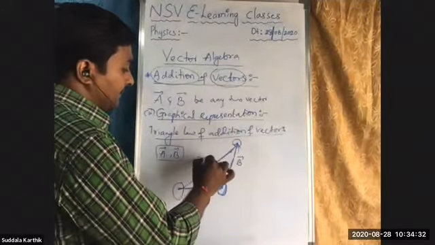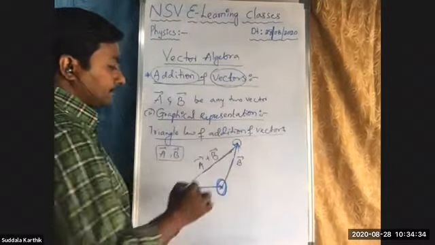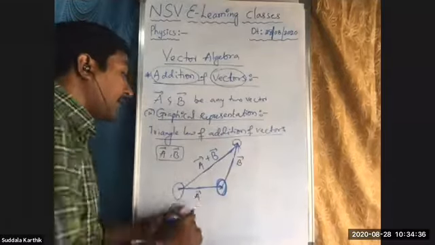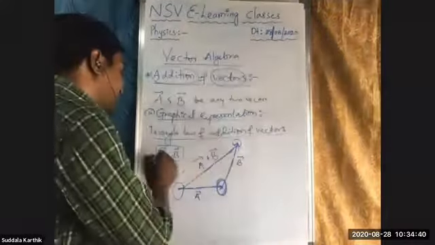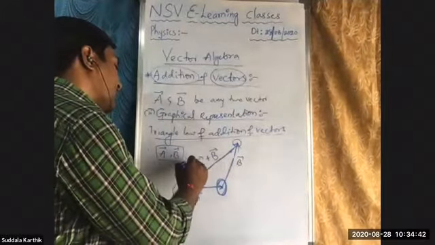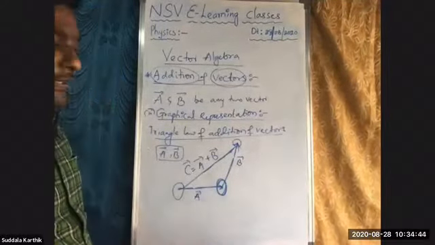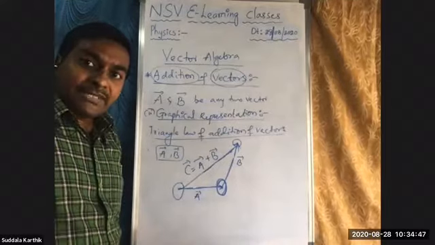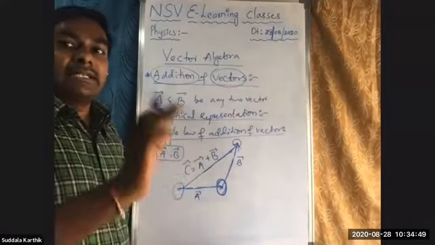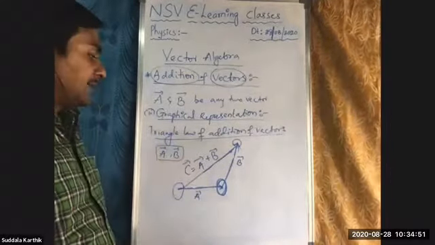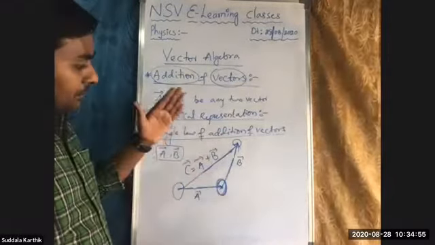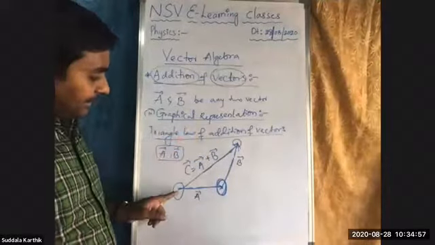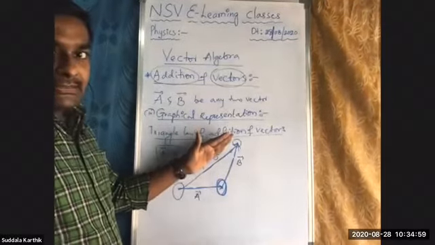A bar plus B bar. By adding vector A and vector B, you will get some other vector. Let it be C. C bar is the resultant of A bar and B bar vectors. Addition is nothing but the resultant. Always you must use the word resultant. So by adding those two vectors, you will get some other vector. That new vector will definitely be like this, Nana. It will be like this.